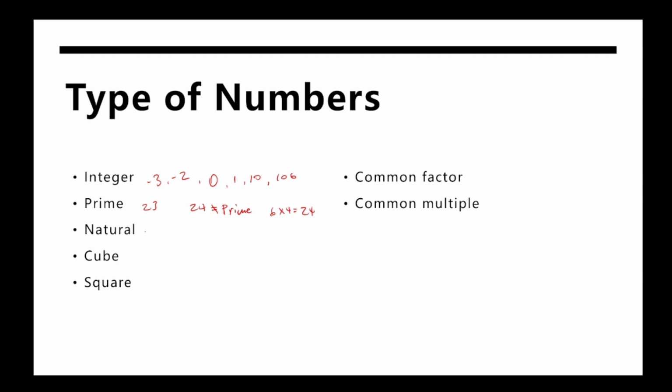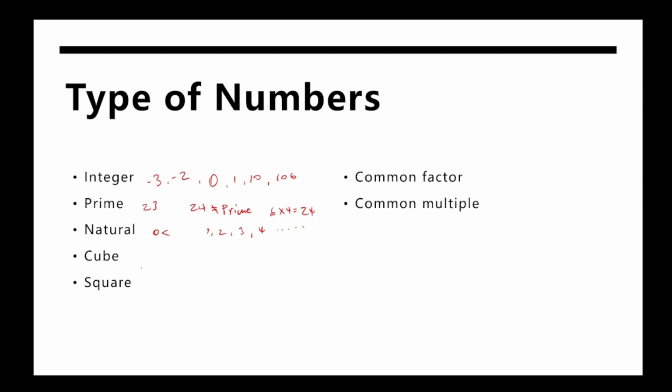Now, natural numbers. Natural numbers are positive integers, which is positive whole numbers. So any integer that is greater than 0 is a natural number. 1, 2, 3, 4,